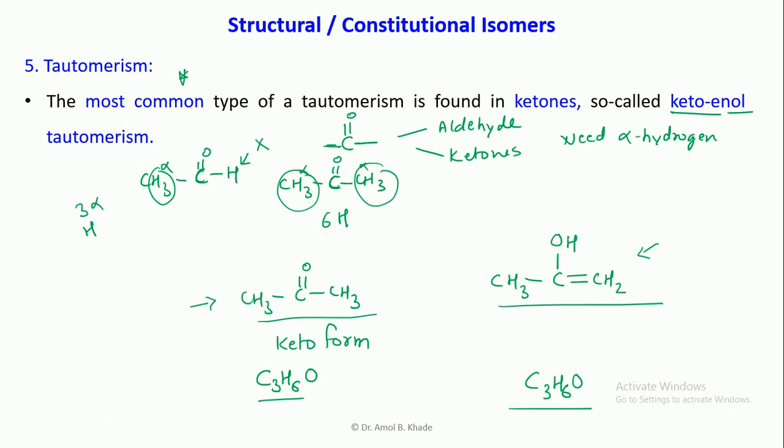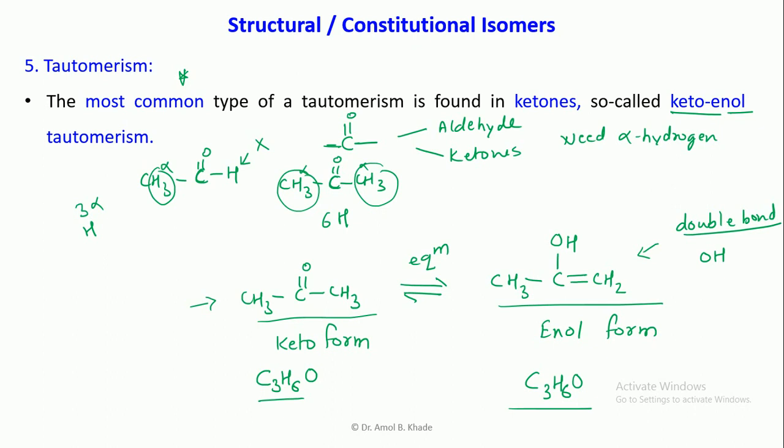Whenever you have a double bond and a hydroxy group in the structure, this is referred to as the enol. This is an enol form, and these are isomers of each other, and they are present in a dynamic